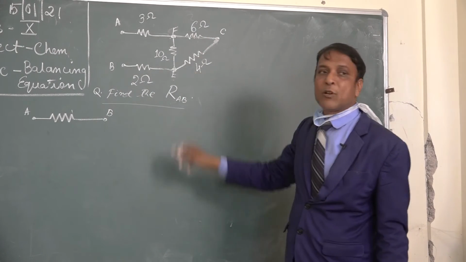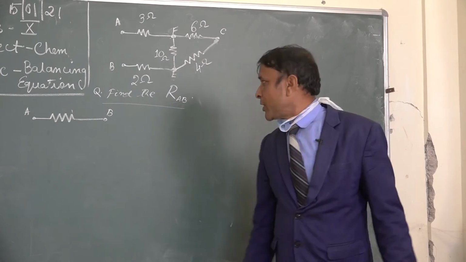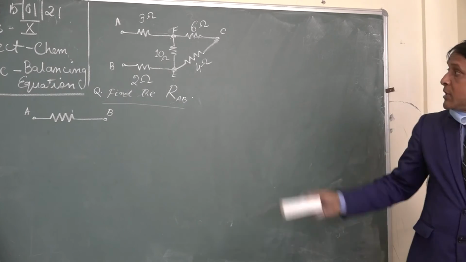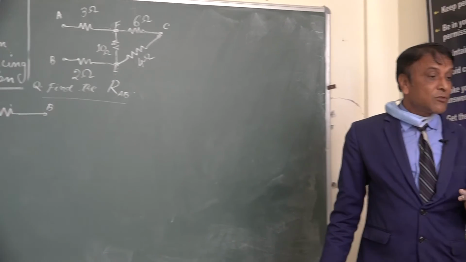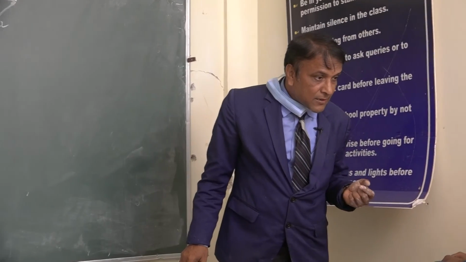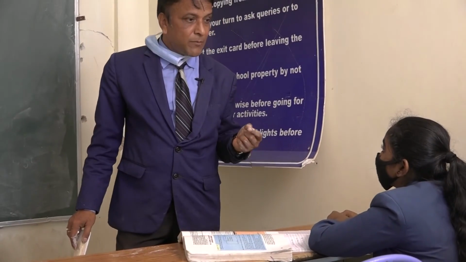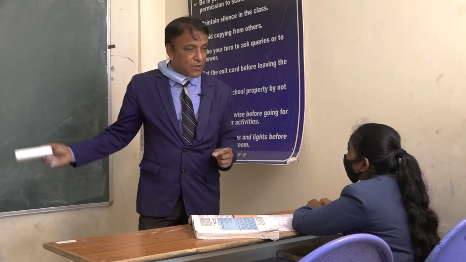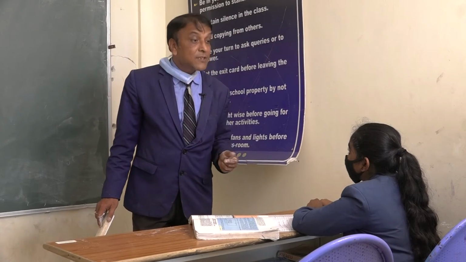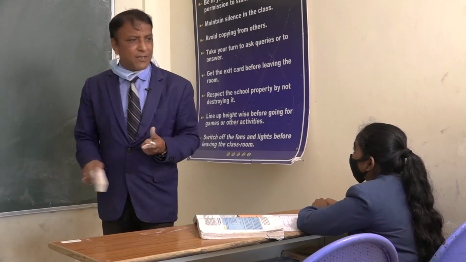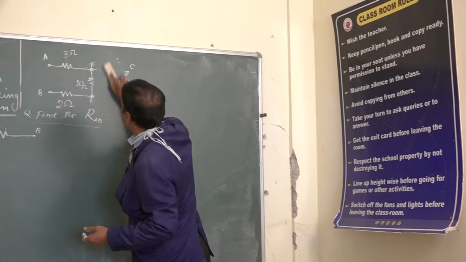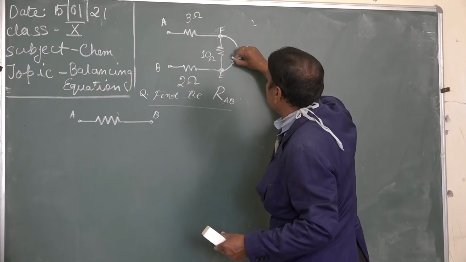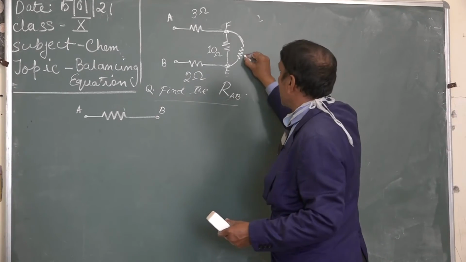Now this 6 ohm and 4 ohm, they are in series or parallel? Series. Very good. So instead of taking these two, both are in series, Priyanka, 6 ohm, 4 ohm. So what single value of resistance can I take instead of these two? 6 plus 4, that is equal to 10 ohm. In series connection they will be added, no? So instead of taking 6 plus 4, I can take only a single resistor, and that resistor value will be equal to 10 ohm.